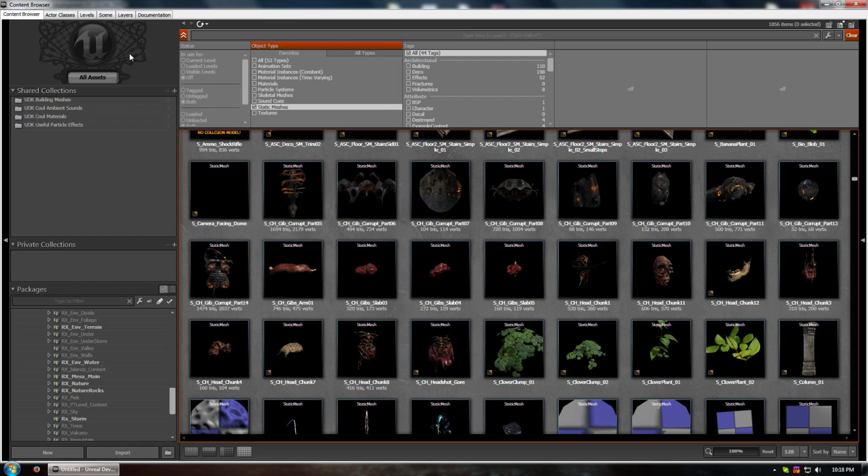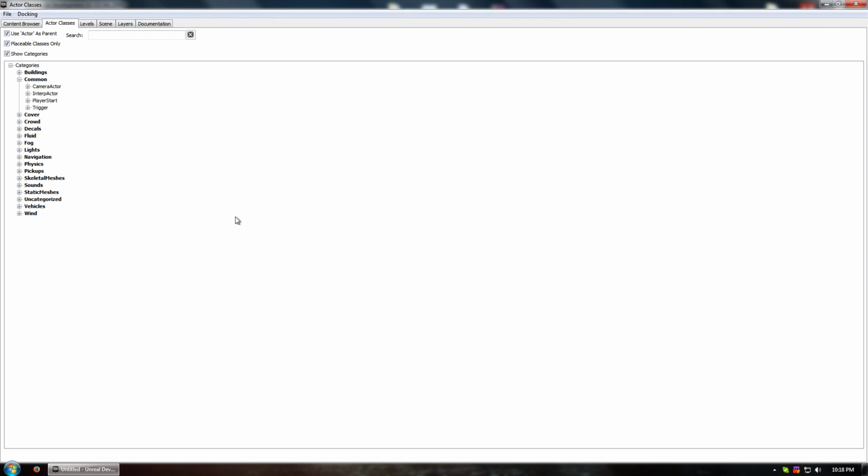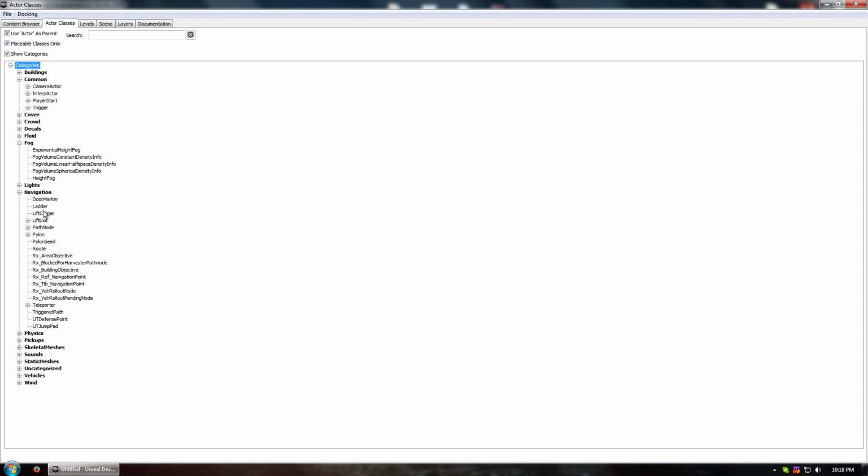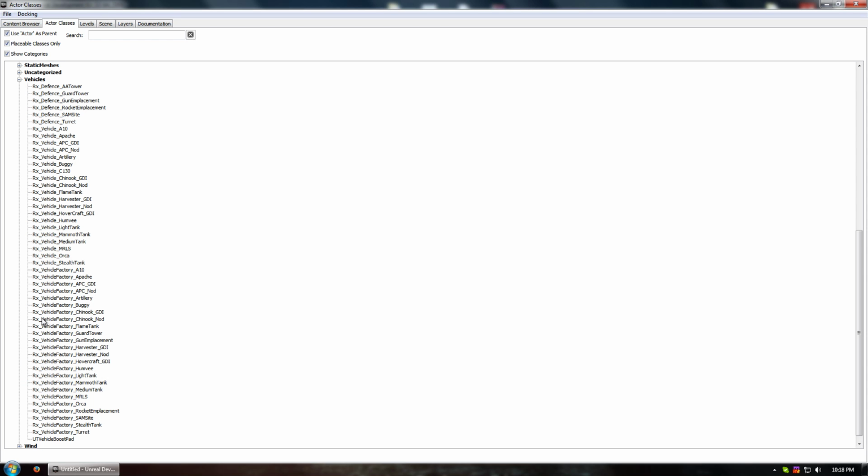So this window doesn't just contain everything; it contains more stuff of everything. Primarily actor types. If we go to actor classes, we can get stuff like fog, lights, navigation, which is your AI paths. You can even do vehicle factories, so if a vehicle dies it will respawn. I'm not really a fan of using these in a CNC mode, but you can use them if you really like. You can even set it up through Kismet, which I may try and do